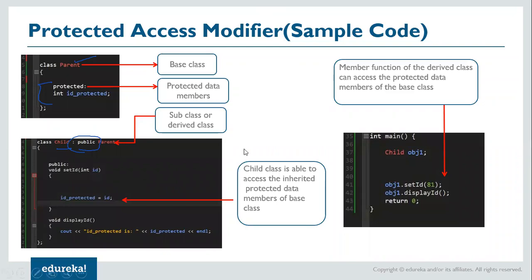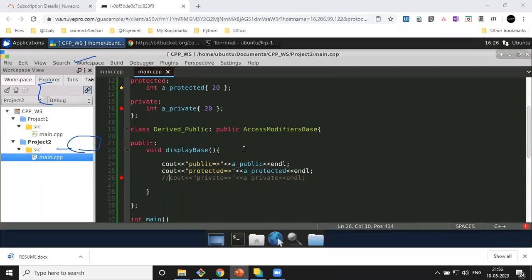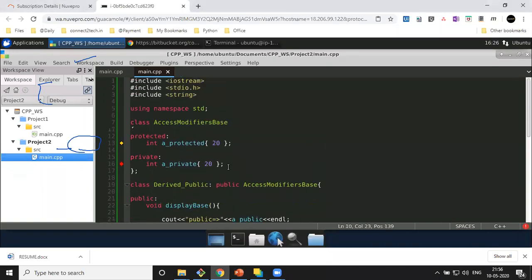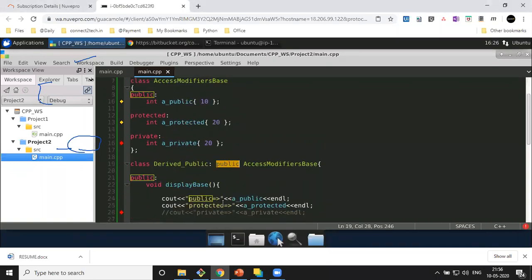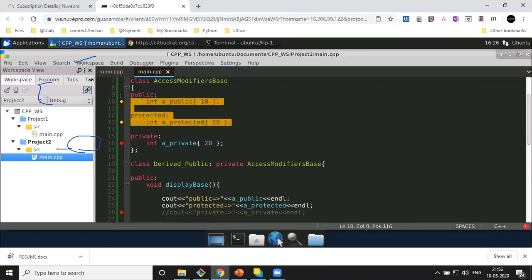With respect to private and protected, I have already explained the concept. If you use the access modifier as private, private is anyway not accessible, we know that. Protected will become private and public will also become private.